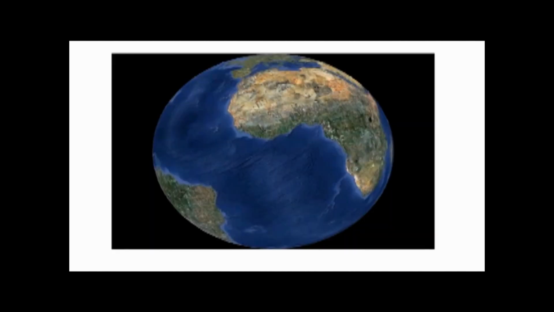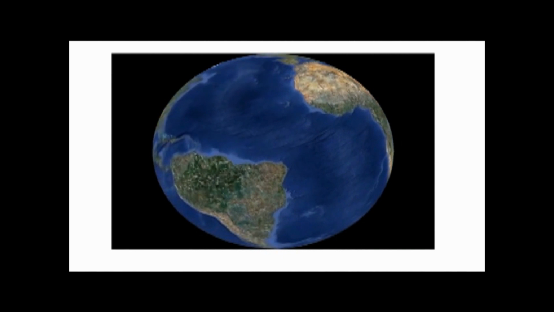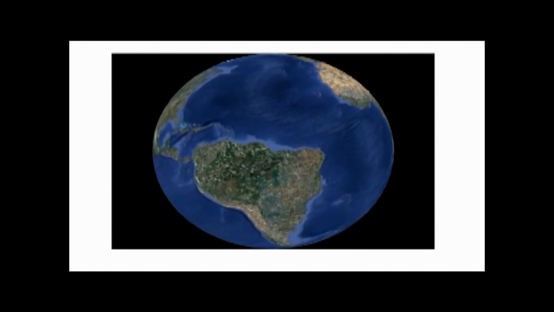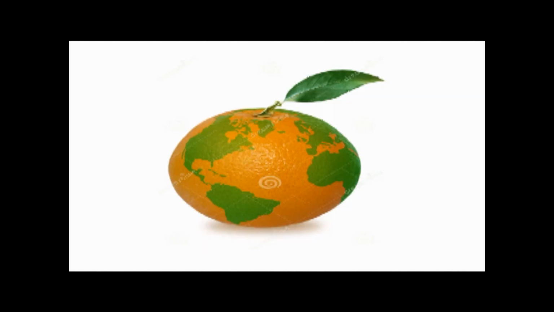Hello students, you all know well that we live on earth, but how does this earth look? Let us study about our earth with this chapter, Study Earth through Globe and Map. Our earth is not a sphere completely. Its shape is geoid. It is slightly flat at the top and the bottom.